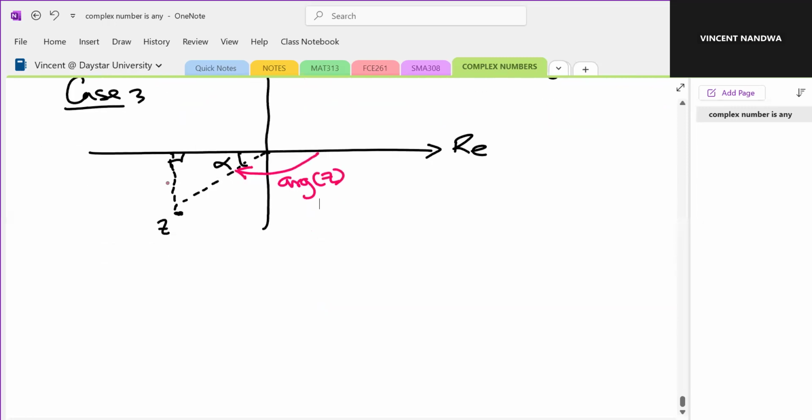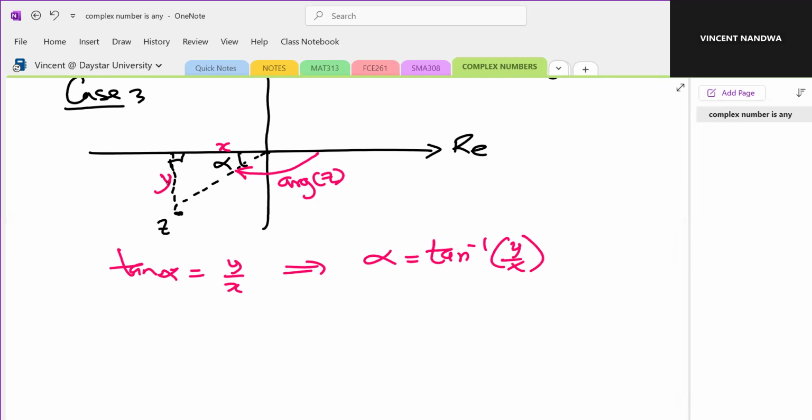So this remains to be your y, this remains to be your x, and so tan alpha remains to be y over x, which means alpha is the same as tan inverse of y over x. So the principal argument will be given by,